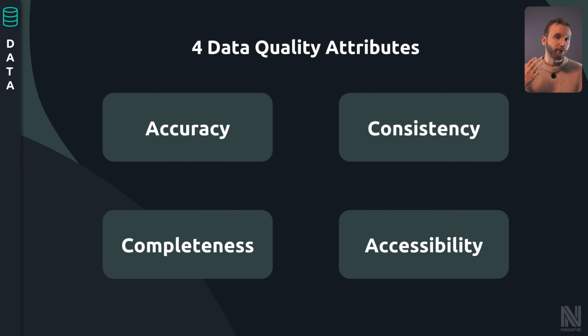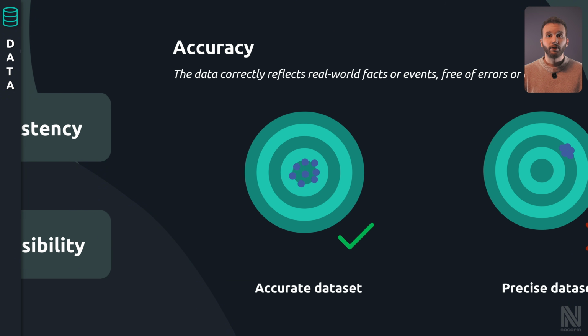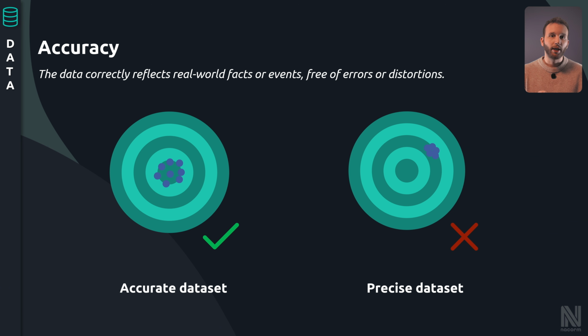Now that we know what types of data exist, the next question is, how do we evaluate whether our data is any good? There are 4 key attributes. First, accuracy. Does the data correctly reflect real-world facts? An accurate dataset hits the target. A precise but inaccurate dataset is clustered tightly but in the wrong place. In AEC, this could be a model that shows dimensions consistently, but they're all 5 centimeters off from the actual